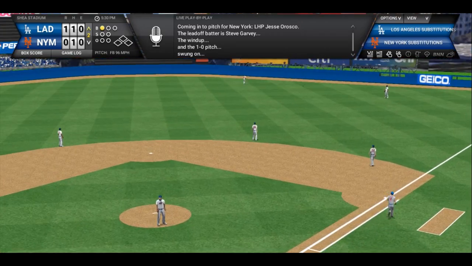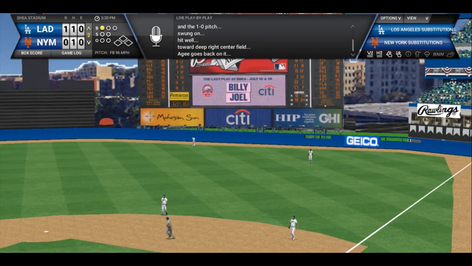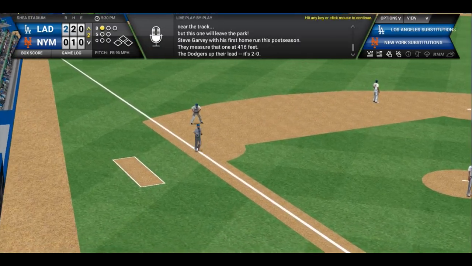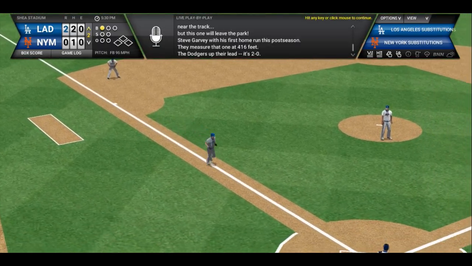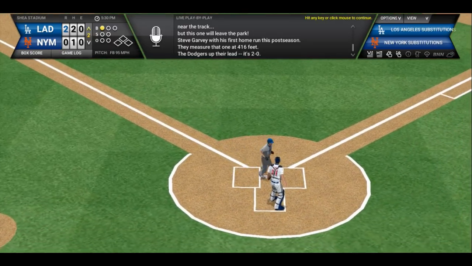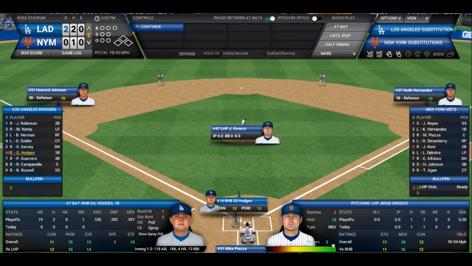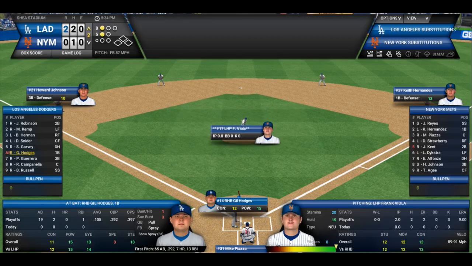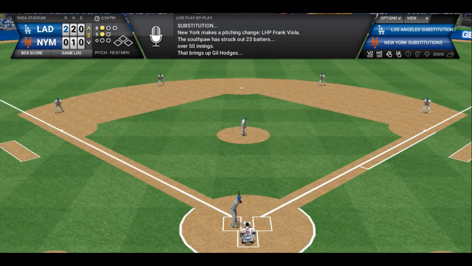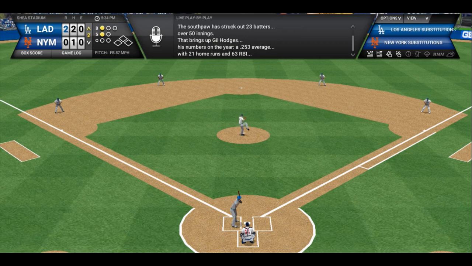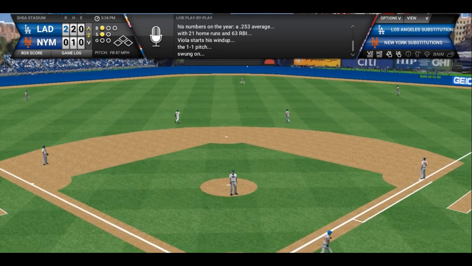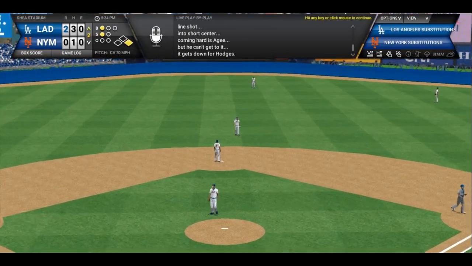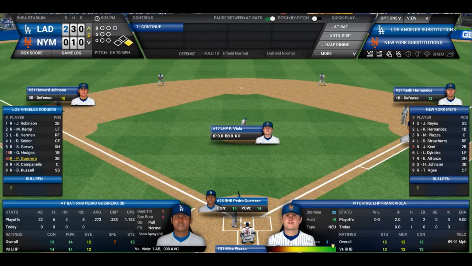Right center. Gets his bat, Sandy bat. With his homer, Brady. Now, if Viola can look